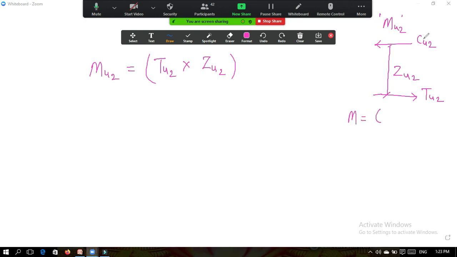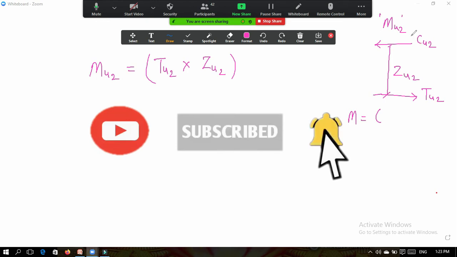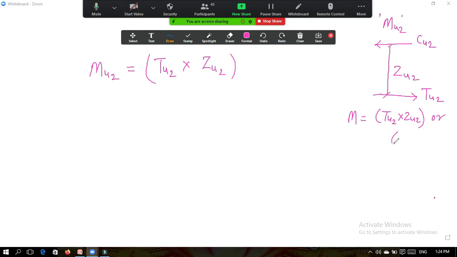Now these two are equal and opposite, unlike parallel forces separated by a definite distance Zu2. So these two forces will cause a couple. If I want to calculate the moment of couple, then you learned this in applied mechanics, the moment of couple can be calculated as one of the forces into lever arm. So I can write the formula Tu2 into Zu2, or I can write Cu2 into Zu2. I can use any one of these two formulas,